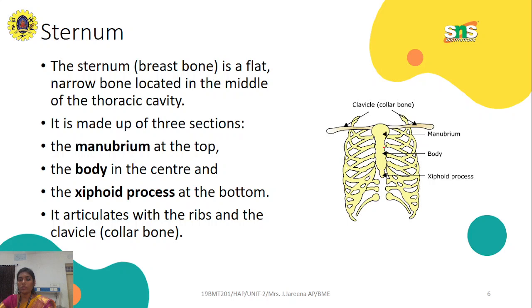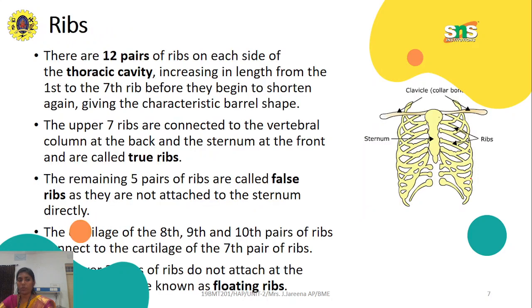Yes, the sternum, as you know, is the breastbone. It is a flat and narrow bone located in the middle of the thoracic cavity. And again, you have different parts here. The major head part is the manubrium, the middle part is the body, and the tail end is the xiphoid process. And the ribs, which are produced from the